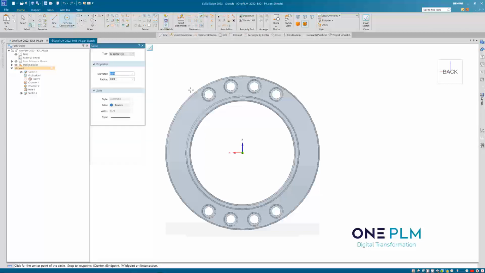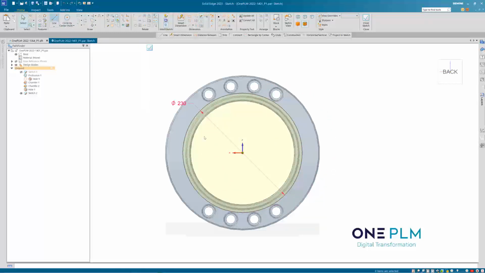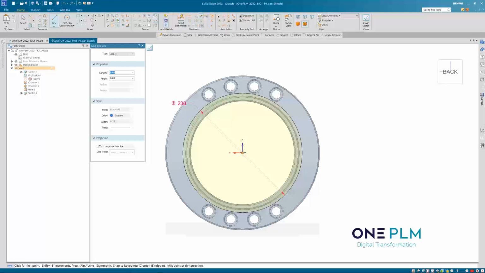So this first one, I'm going to do a 230mm circle on there. That's going to give us our pitch circle diameter. And then these patterns, I want one hole starting approximately over here, and I want another hole starting approximately over